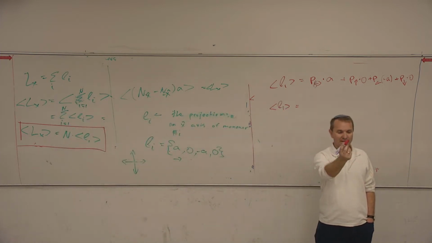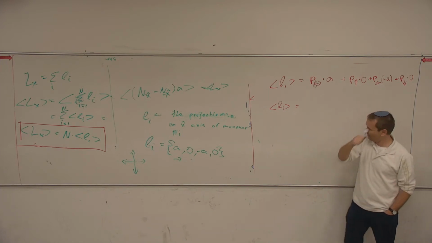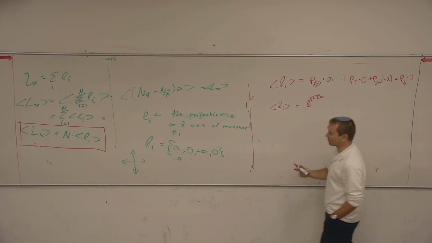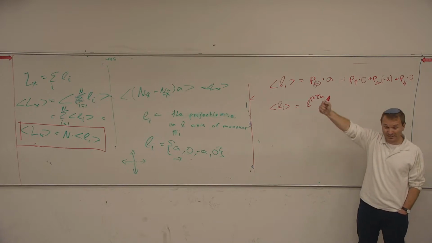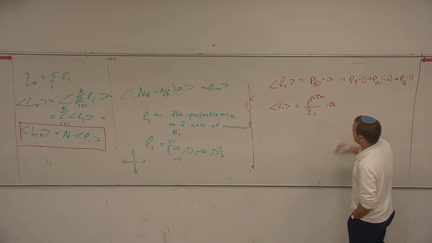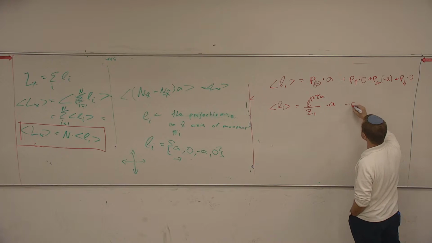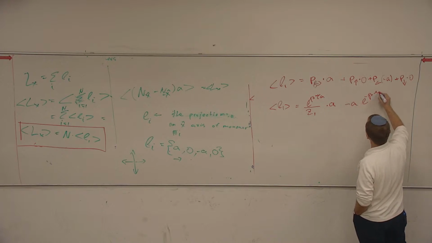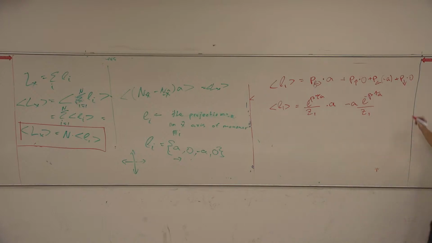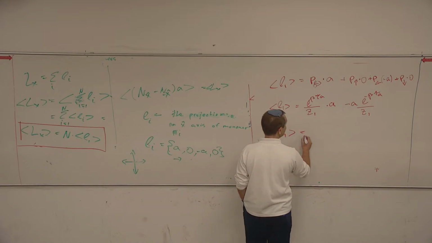Use the canonical ensemble. Exactly, the canonical ensemble. This is why we developed this stuff. So this is e to the power of beta tau A, the probability to be in the forward state, divided by Z1, multiplied by A. The up and down states are 0, I don't care. So I have minus A e to the minus beta tau A divided by Z1. So in total, I obtain that L1 average is A.